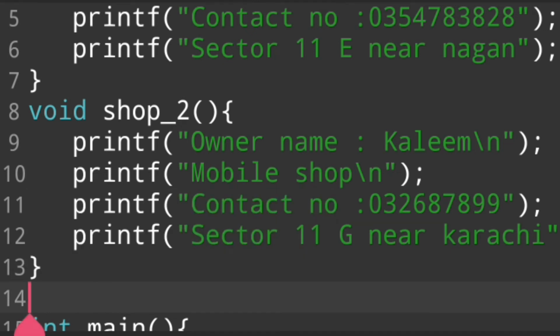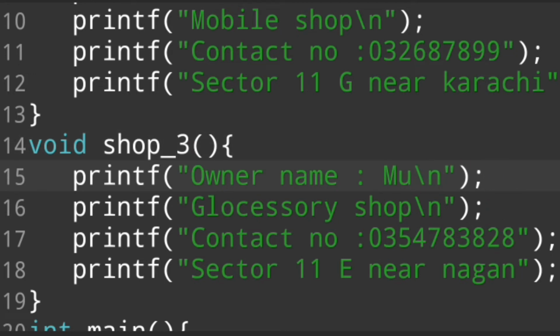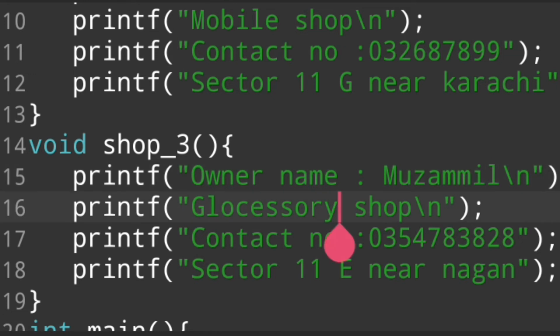We also make the detail of shop number 3, and we say the owner name of shop number 3 is, for example, Muzammil.